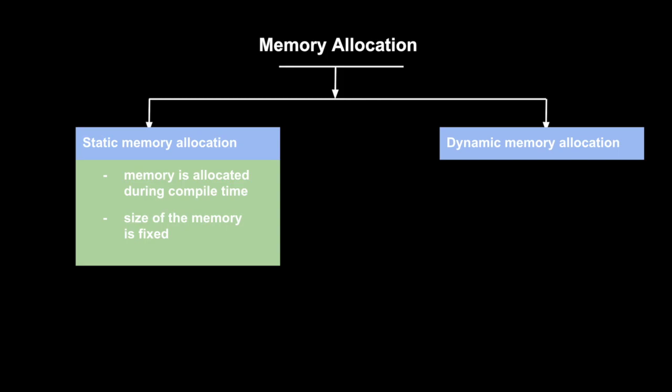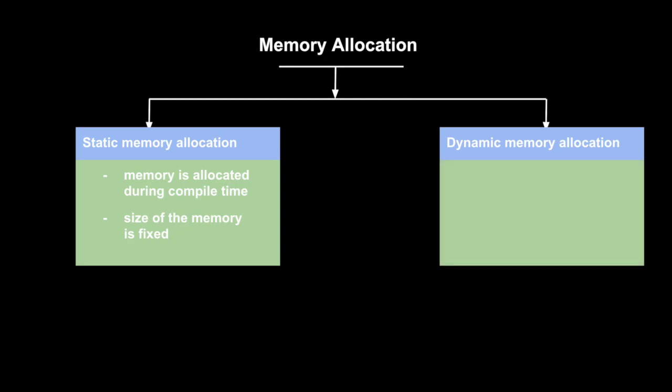When the number of people increases, then we need to allocate additional space in memory in order to hold that data. And in case the number of people decreases, then we have to release that unwanted space from memory. Such situations can be handled more easily and effectively by using the concept of dynamic memory allocation. So dynamic memory allocation is the process of allocating memory during runtime. The term runtime here refers to the time period while your program is being executed. So the size of memory during this allocation is not fixed.